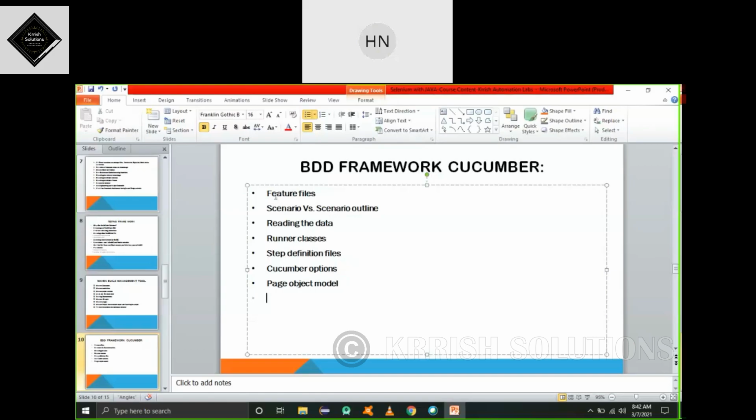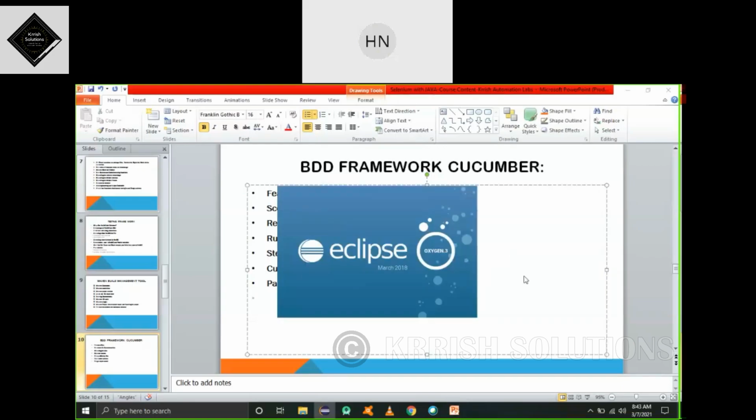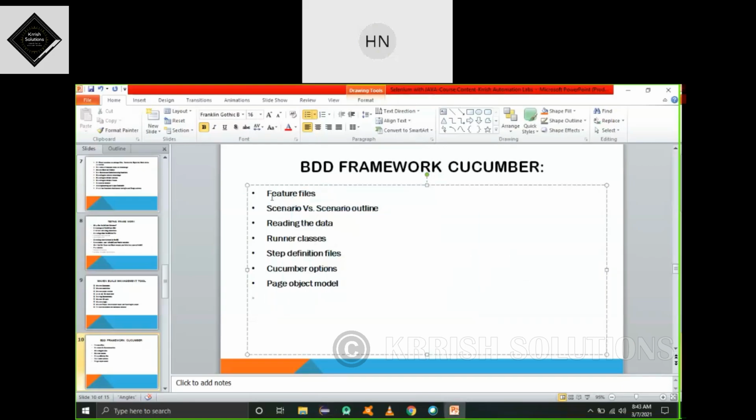If I place a feature file in front of them, then they can understand. It is in Gherkin language. It looks like simple English only. If we see any feature file, it looks like simple English, so they can read and understand that feature file.